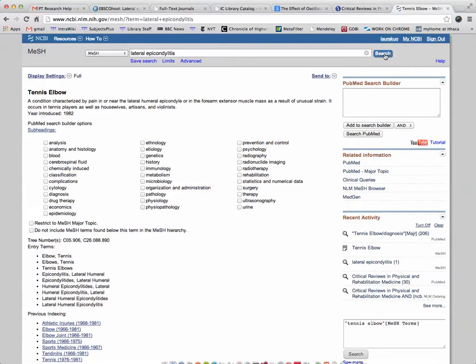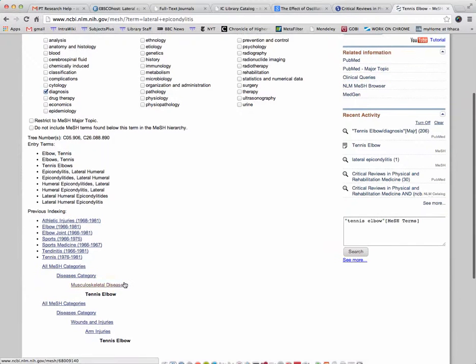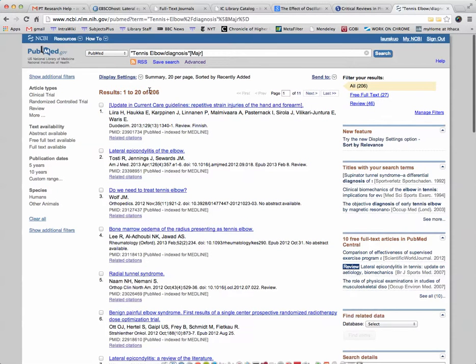And so one thing that you can do is you can select the subheading diagnosis, just that one subheading, and scroll down a bit, and it's the end of the tree here, the end of the hierarchy, tennis elbow right here. So up here we can just say that we want it to be a major topic. So tennis elbow slash diagnosis as a major topic, and then we just add it to our search builder and search PubMed. And by doing that, there are 206 articles where